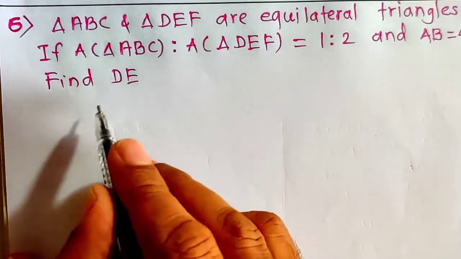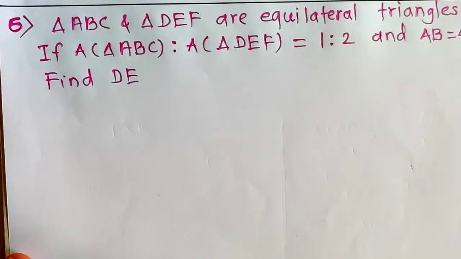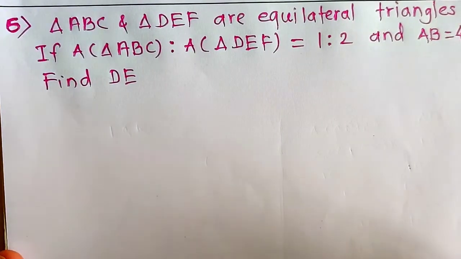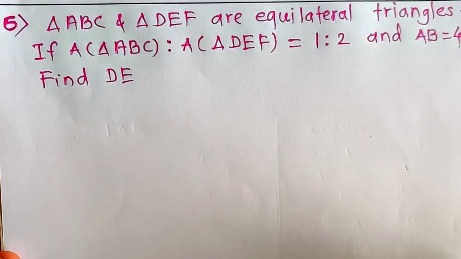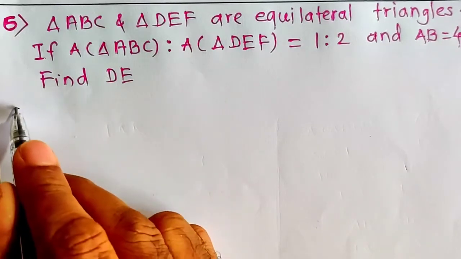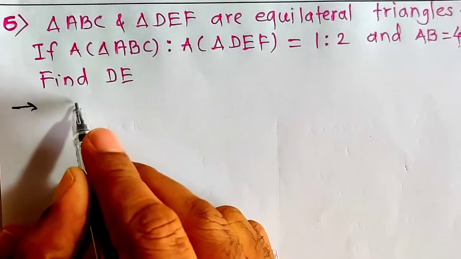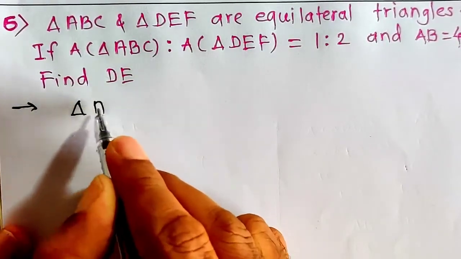Here the word similar is not there, but you know the property, all equilateral triangles are similar to each other. So the first step is triangle ABC